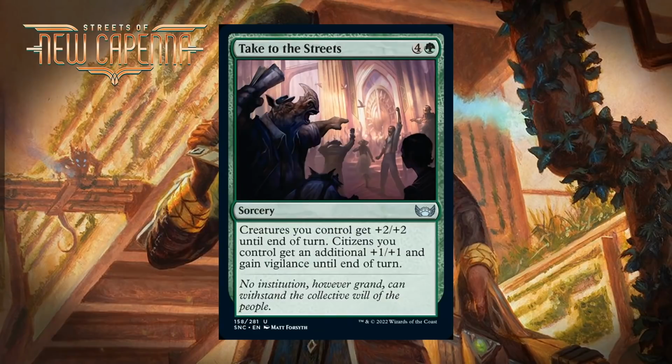Next up, it's Take to the Streets, which for 4 generic and a green is an uncommon sorcery. It says creatures you control get +2/+2 until end of turn. Citizens you control get an additional +1/+1 and gain vigilance until end of turn. This looks like a nice payoff for going wide, which is the Cabaretti theme in general. And the Cabaretti have a lot of citizens within them, and there's also a green-white citizen deck you'll end up in sometimes. And in both of those decks,